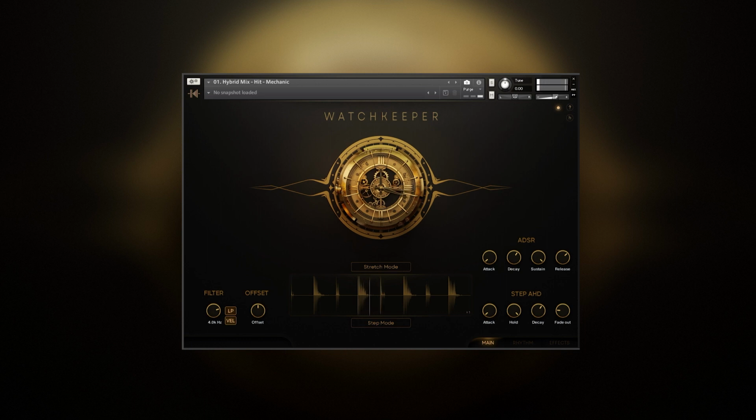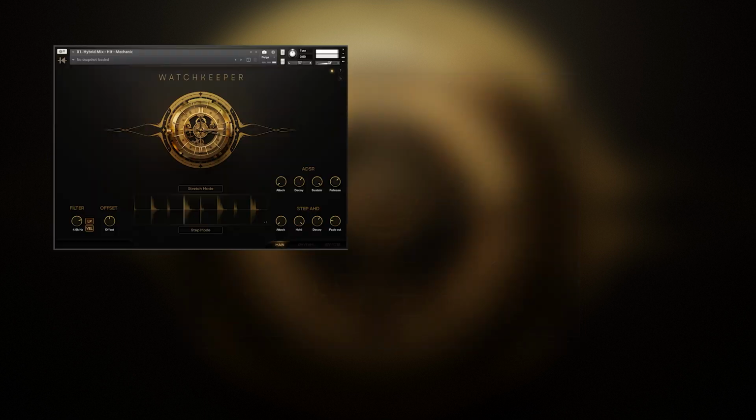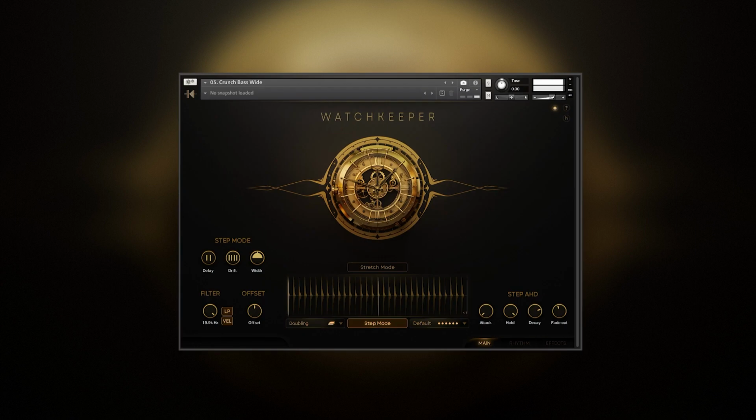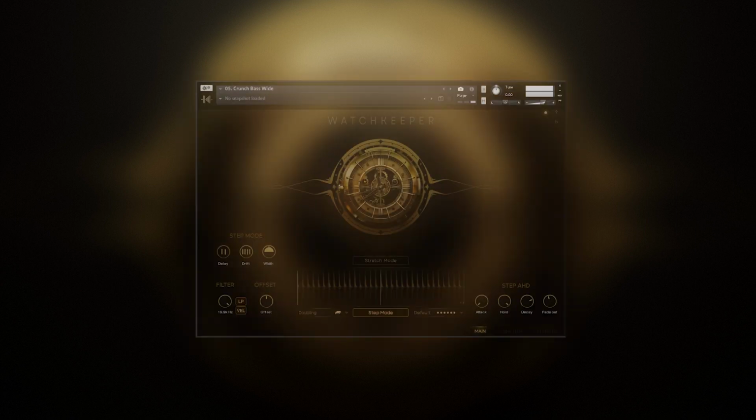I just processed it a little bit, low passing the tail and adding a DAC. I replaced this middle hit with crunch bass soft. And the third long note is crunch bass wide. Pause at any time to check the names of the snapshots if you want to recreate the same thing. Where I found this delayed bass,